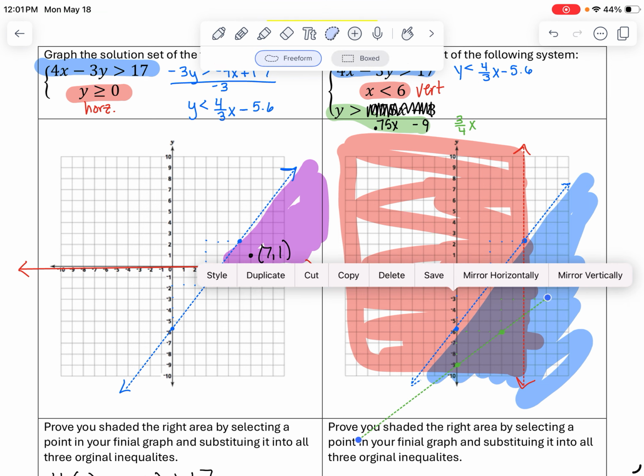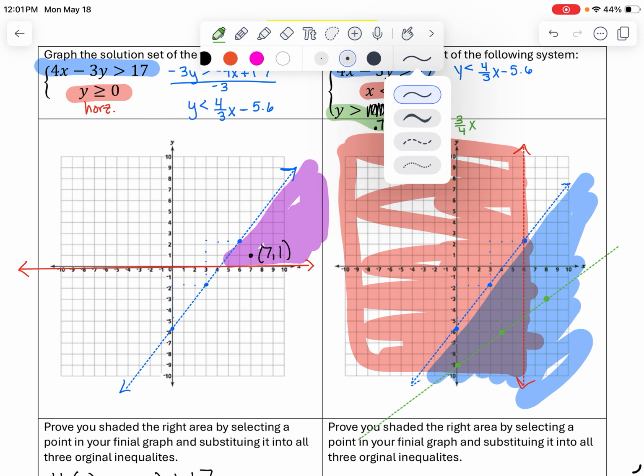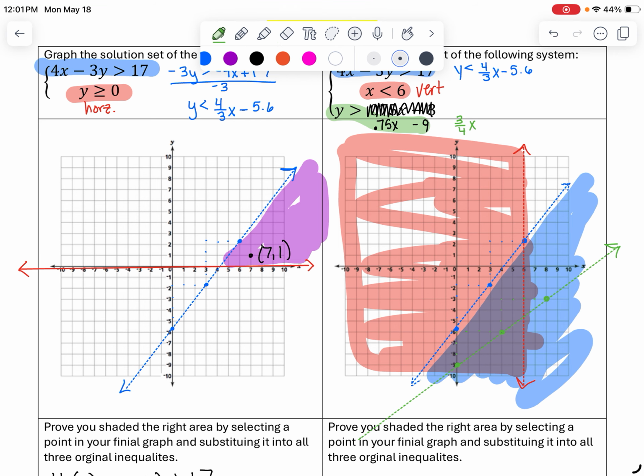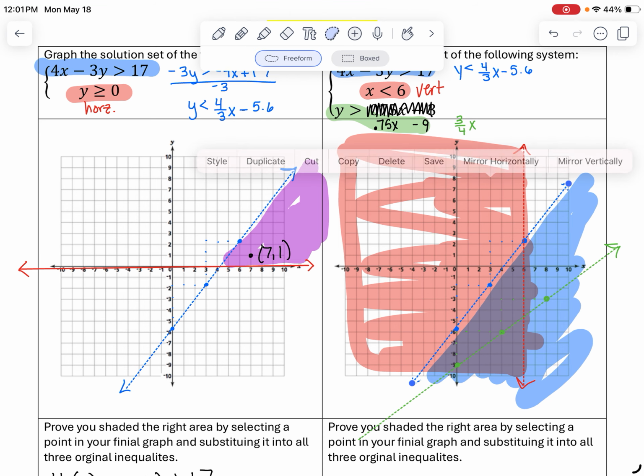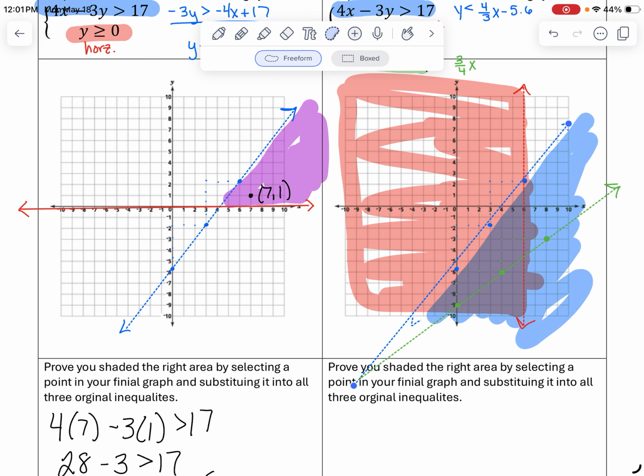You might want to extend your blue one too. I'm not sure if you guys can do that or not. I'm actually going to extend my blue one just so you know. Okay, look guys, I am going to grab my blue line. I am going to extend it because I really want it to intersect. Now the reason I'm extending it, guys, is because you really should go to the points where they intersect because,